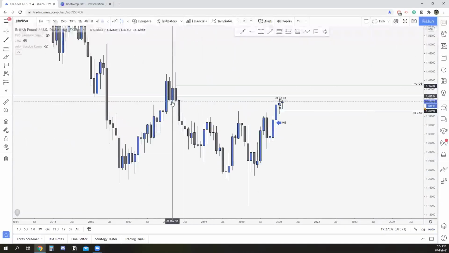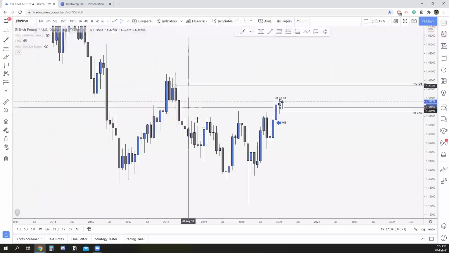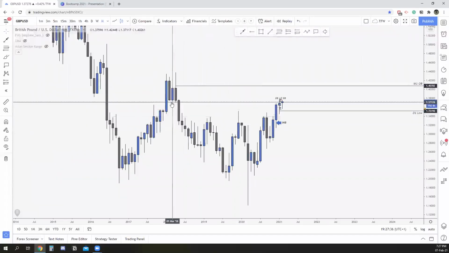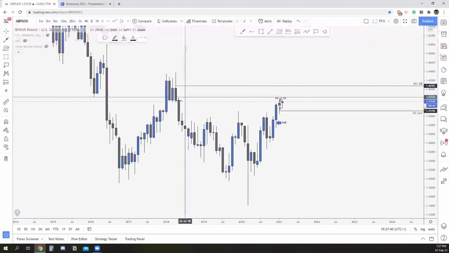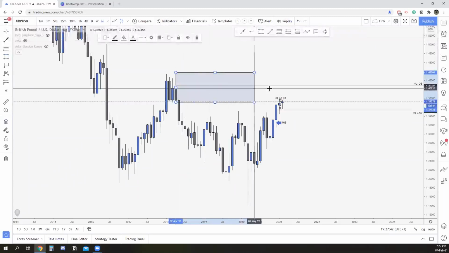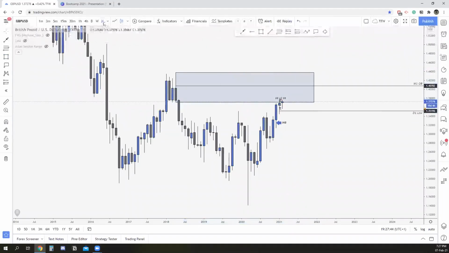So right here, the market created an OB, the last buy before the big sell, all right? So do we take the bullish candle? No, because it's not engulfed. Do we take the next candle? Yes, we do. Does it leave imbalance? Yes, it did. So here is your monthly order block on GU.